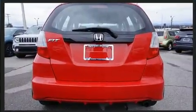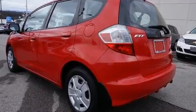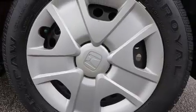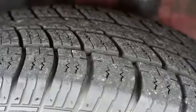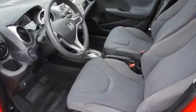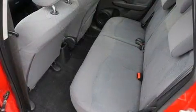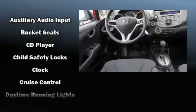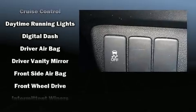Top features include a split folding rear seat, one-touch window functionality, a tachometer, remote keyless entry, and more. Storage solutions are integrated throughout the interior, demonstrating thoughtful attention to detail. You and your passengers will enjoy the stereo system, which includes a CD player with MP3 capability and 4 well-positioned speakers. Honda also prioritized safety and security with features such as head curtain airbags, front side impact airbags, traction control,